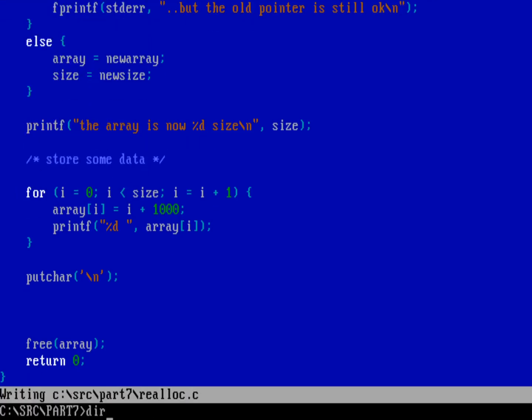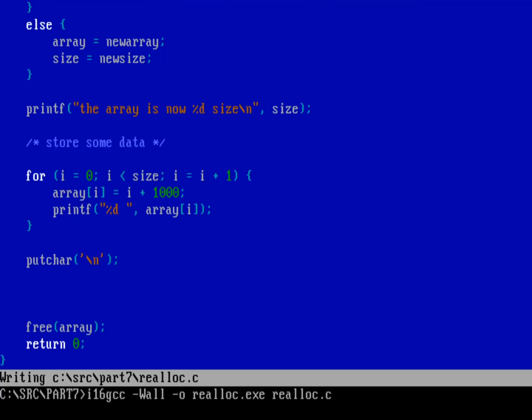So I'll run GCC, turn on all warnings and save it as realloc.exe, and we're going to compile the realloc.c. If it didn't make any errors,